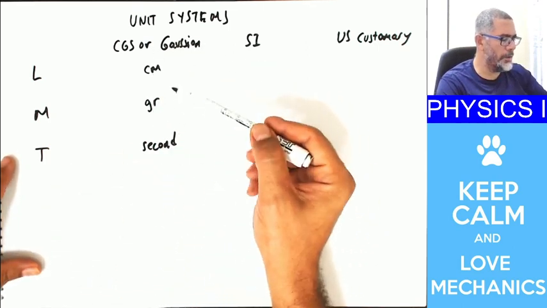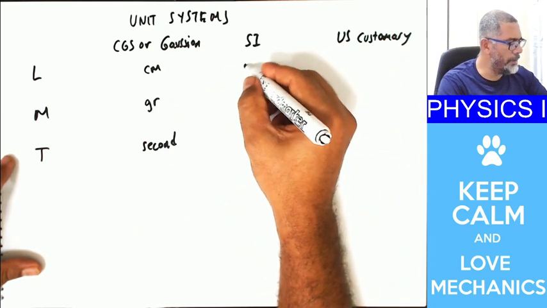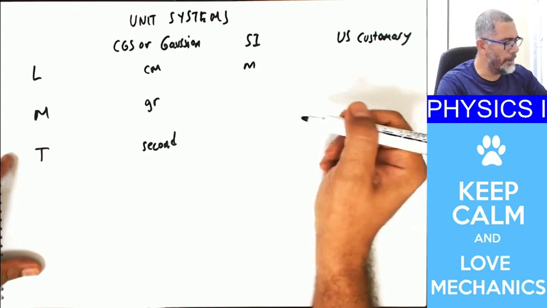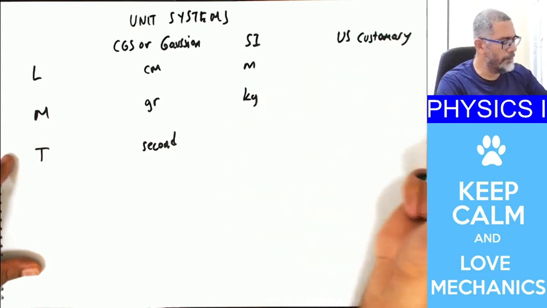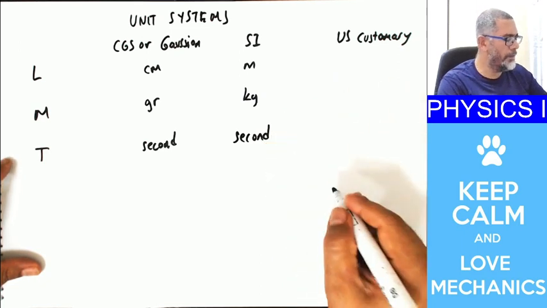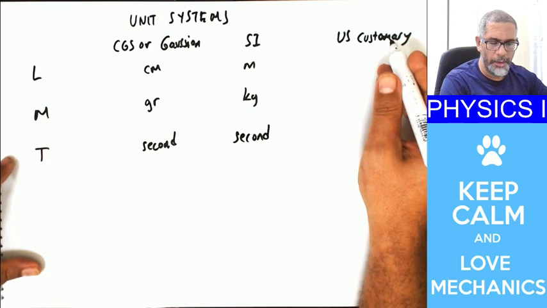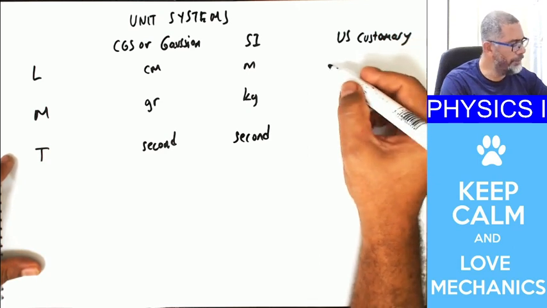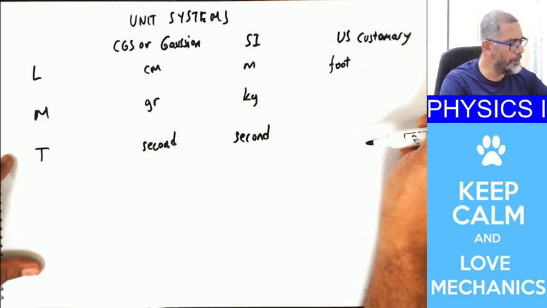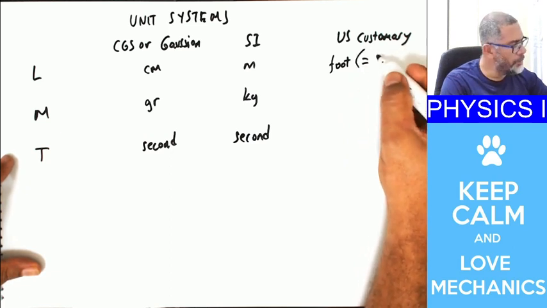In the SI unit system, we use meter, small m, kilogram, and again second for time. In the US customary unit system, we use foot to measure lengths, and 1 foot is equivalent to